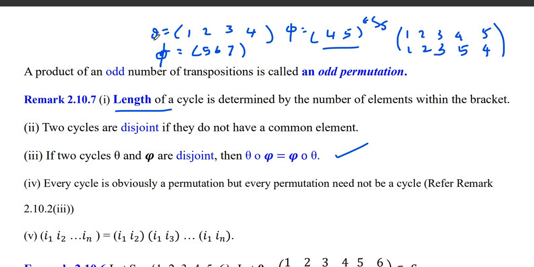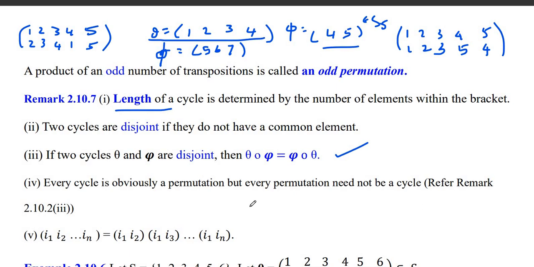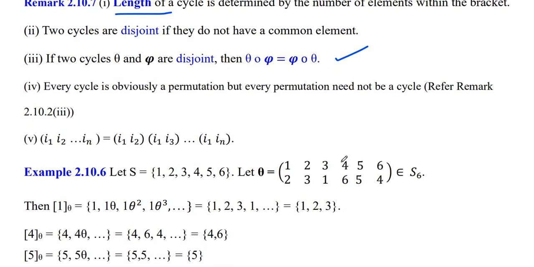In the same way, if this is in S5, then the meaning of that is you have 1, 2, 3, 4, 5. In that, only 5 is taken to itself. The rest: 1 is taken to 2, 2 to 3, 3 to 4, 4 to 1. So every cycle is a permutation. But a permutation need not be a cycle. For example, if we consider this permutation,